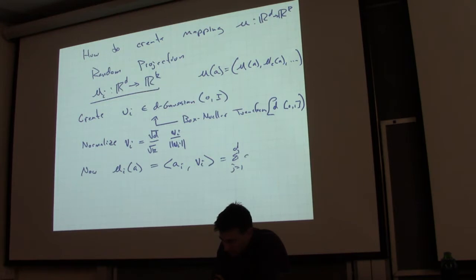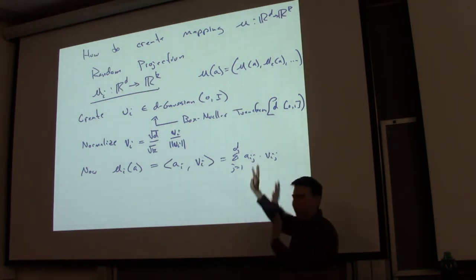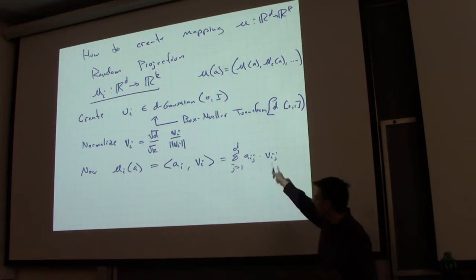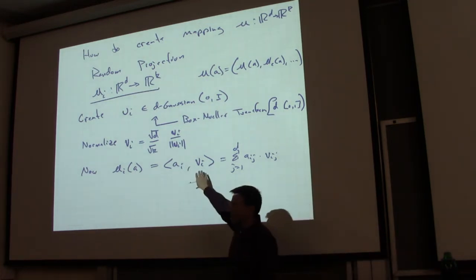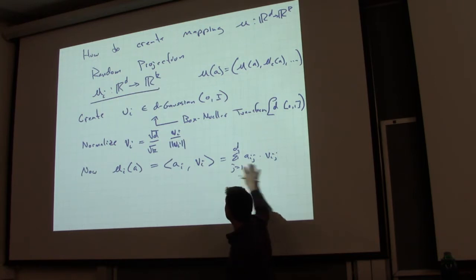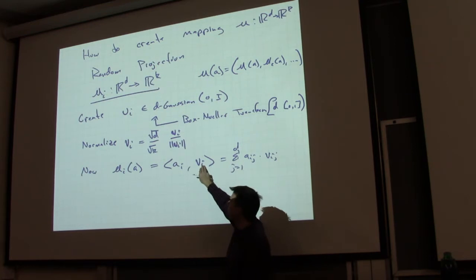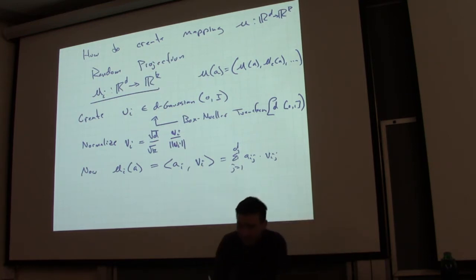If you remember, this is Aij times Vij. If you are coming at this fresh and forgot what the Euclidean dot product is, that's what it is. This is a projection onto the direction spanned by Vi, and this tells me how far along to go. If Vi was a unit vector,